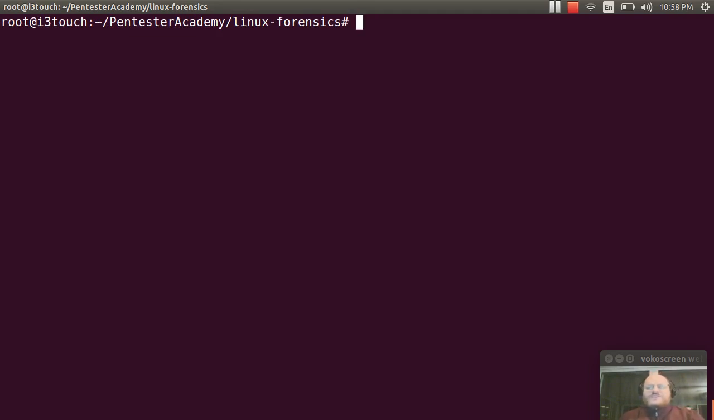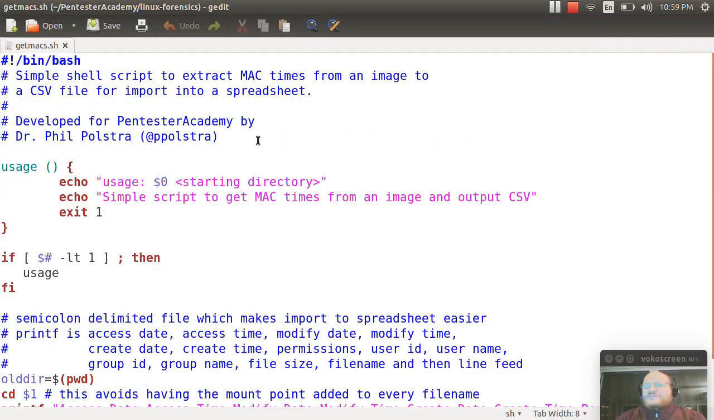In a previous video, we talked about how you could create a timeline using some commands while doing live analysis. Recall that we talked about using the find command and some of its parameters in order to create some MAC time files that we then sent over the network. Well, we can do something very similar using a script here. So I've created a pretty simple script. Here it is. It starts out with